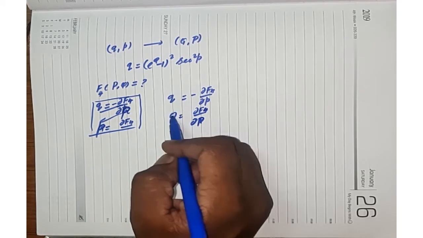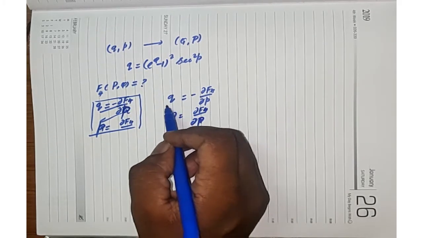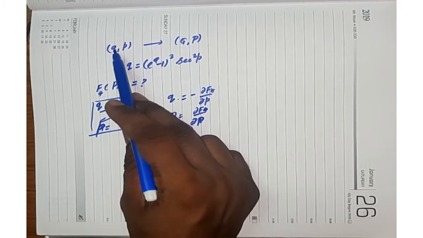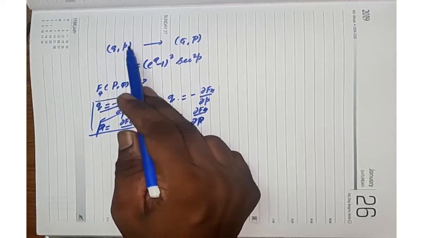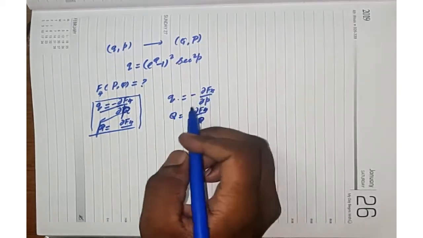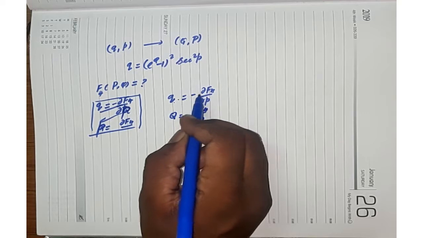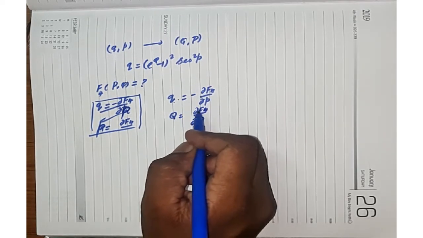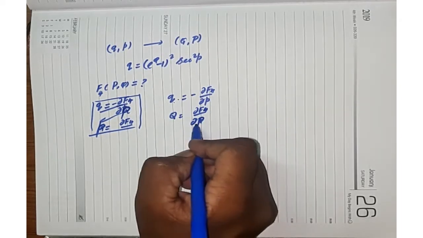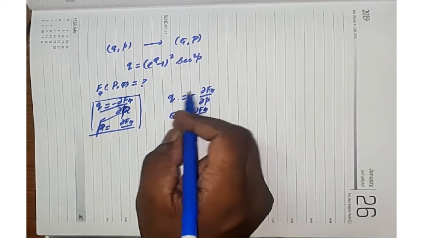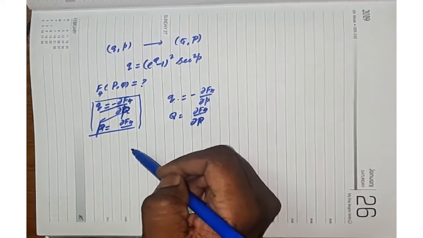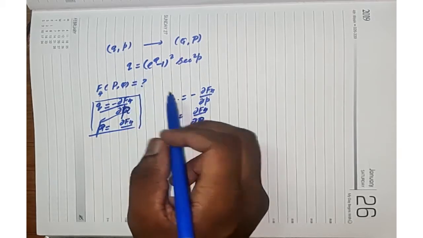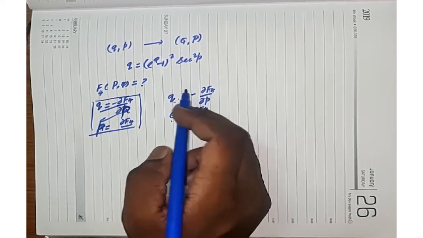Using these two equations, we can generate the transformation from the old canonical pair to the new canonical pair. Anyway, right now we don't want that other equation. So here the small q equals minus ∂F4/∂p, and the capital Q equals plus or minus ∂F4/∂capital P. We can use these two equations to find this generating function. Here, the capital Q is not given, only the small q is given, so we can substitute in these equations.